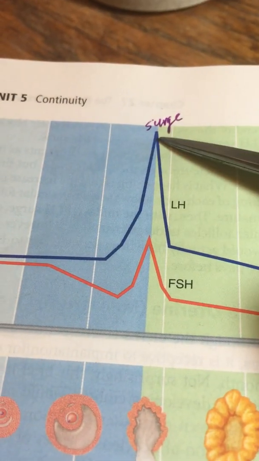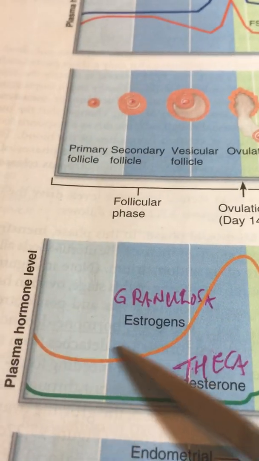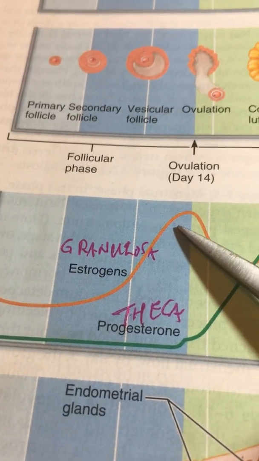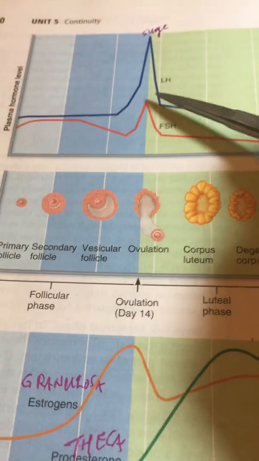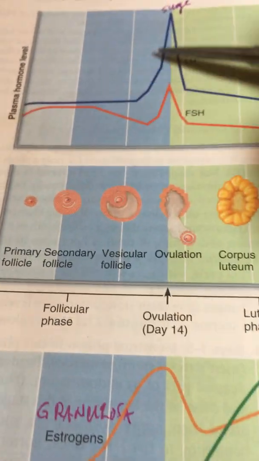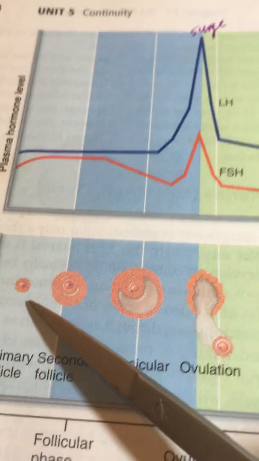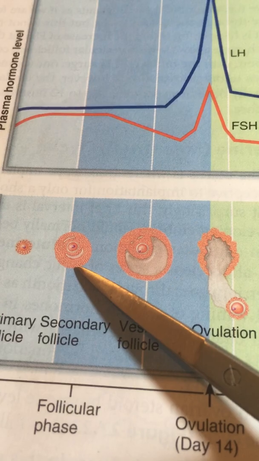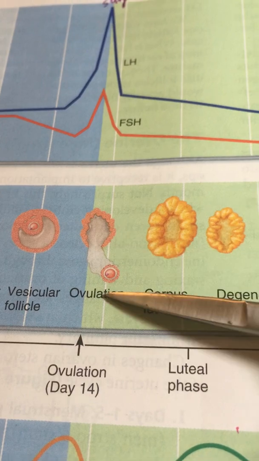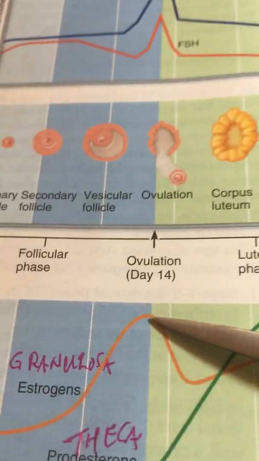And then we get a surge here of the LH. Why does that happen? It's because the granulosa cells here suddenly begin to produce estrogen at a higher rate and cause that surge to occur. So they do give us these columns in the background features here so we can follow everything. We're starting off with primordial follicles, and then we're moving on to secondary and vesicular follicles. We're getting ovulation due to the LH surge. The LH surge happening because of the